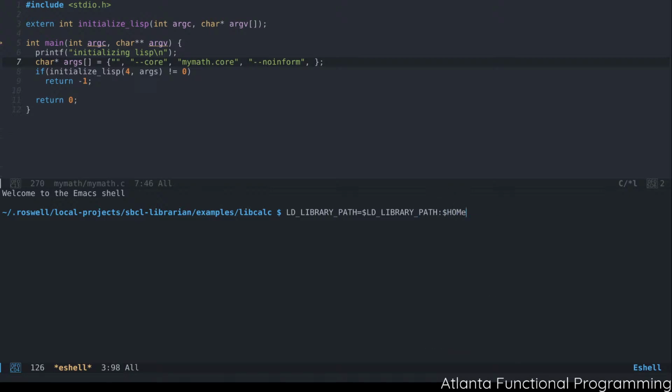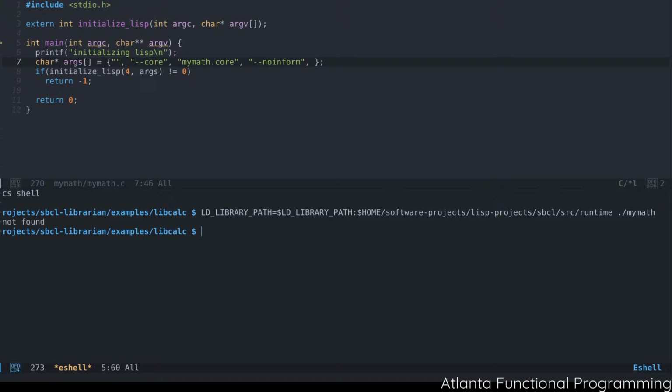This is in home, software projects, Lisp projects, SBCL, source runtime. This is where, if you compiled SBCL, the library has a shared object, which I mentioned that you would need in order to encounter this, and unfortunately it's unavailable as far as I could tell in most Linux distributions. Hopefully maybe someday, but not on Debian 11 at least. It's not available. If you try running our example,